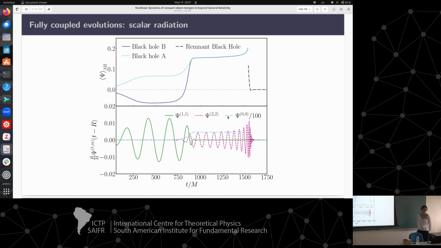And throwing away the scalar charge will result in an increase of the mass of the final remnant, an increase of radiation. Yeah. So this gives rise to a reduction of the mass of both black holes. No, for the remnant, I mean. Oh, because the remnant basically has no charge, right? Yeah. So all the scalar radiation is being dissipated. Okay. So that leads to some additional radiation, but scalar radiation. Scalar radiation. So you would have to somehow introduce a coupling to the matter if you would want to see this. No, but wait,